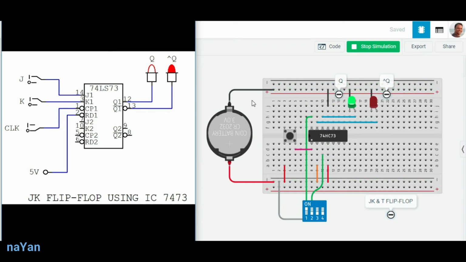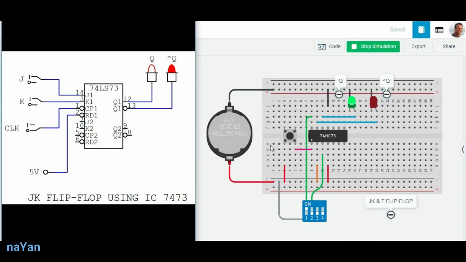As we can see, I made this top horizontal line our ground line, and this bottom horizontal line is our VCC line. That is only because most of the VCC connections I find are on the bottom side, and most of the ground connections are on the top side.